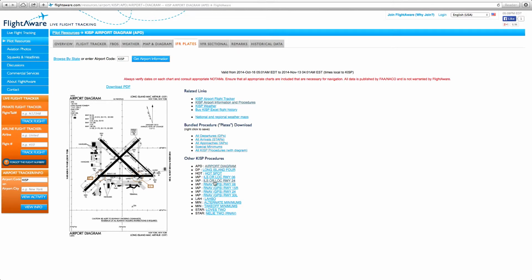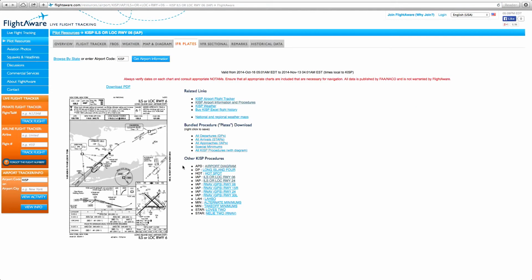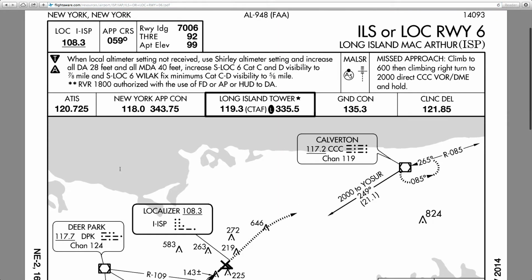Now we are going to be landing on runway 24. That's all you need to pay attention to. Just don't listen to ILS or LOC. I'll explain that in future tutorials, which we'll be doing. But right now we're going to keep it simple and just focus on runway 24. So that's the runway we'll be landing. So here it is. We're going to click this,